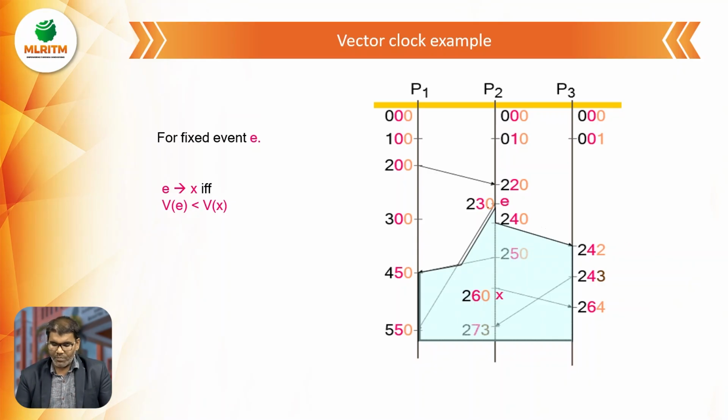Next, from process P2 we are sending the message to process P1, that is 2, 3, 0 to 5, 5, 0. Next one, again we are sending from process P2 to P1 with 2, 5, 0 to 4, 5, 0. And again we are sending from process P2 to process P3 with X, that is 2, 6, 2. By incrementing 4 we are receiving 2, 6, 4, and next process P3 is sending the message to process P2, that is 2, 4, 3 to 2, 7, 3, here receiving.